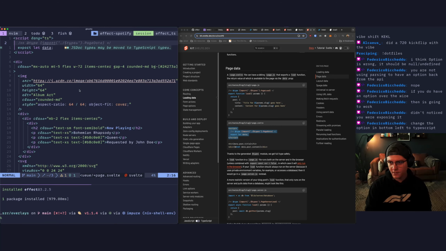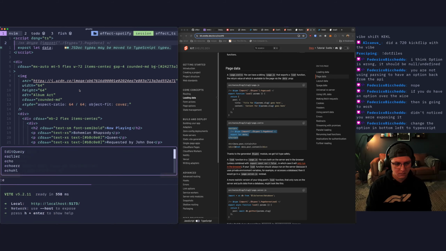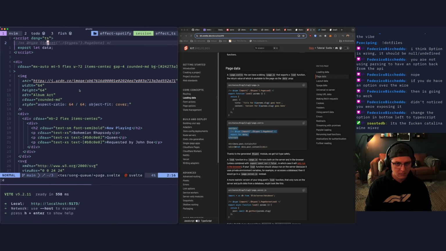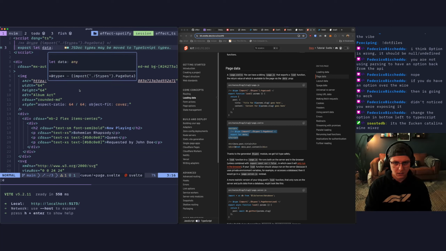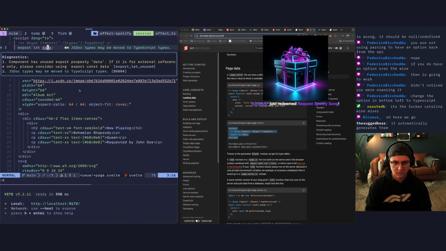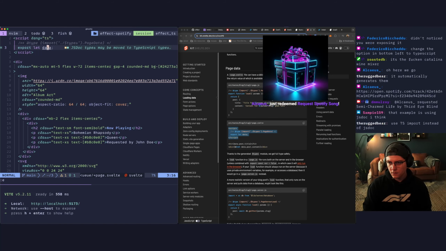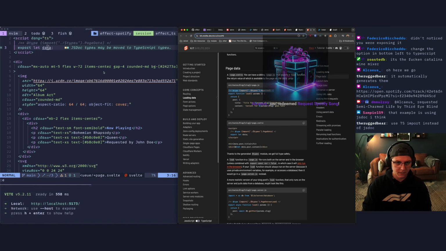Do I need to generate my types? That doesn't feel like it's working. Oh, I forgot to put this in the other one.